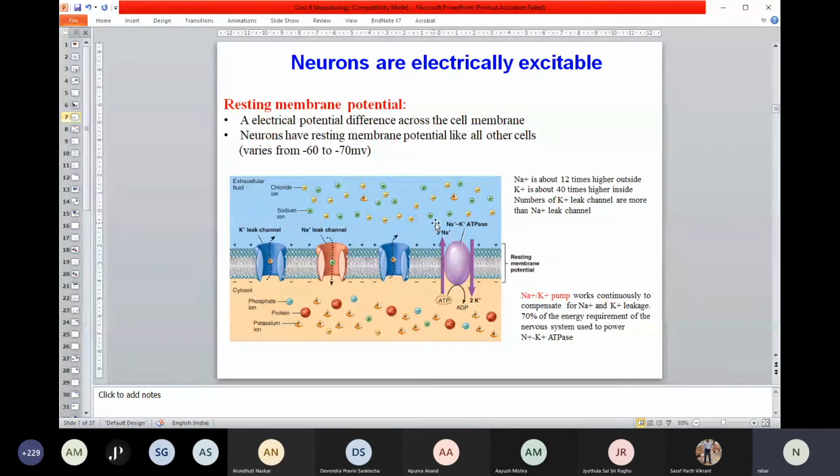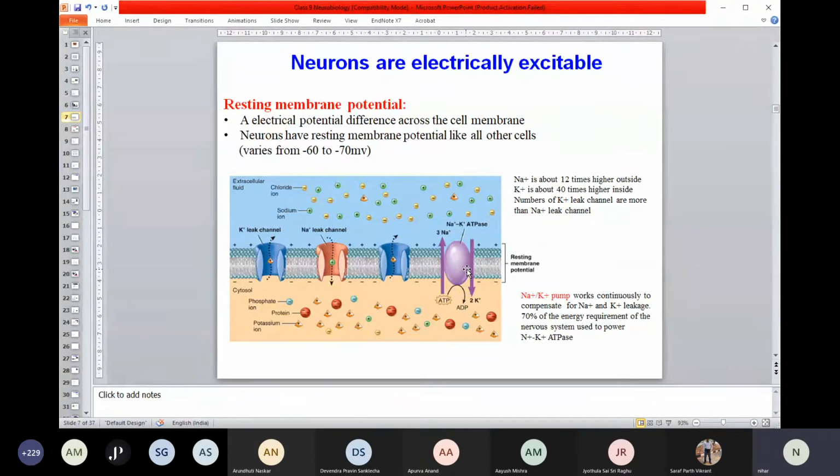Because you see, the sodium ion concentration inside the cell is lower than outside, so it has to pump out against the concentration gradient. Therefore, it requires a huge amount of energy. I mentioned here that the majority of the energy our brain uses is to operate this kind of pump, and thereby always try to maintain a normal resting potential of about -60 to -70 millivolt.